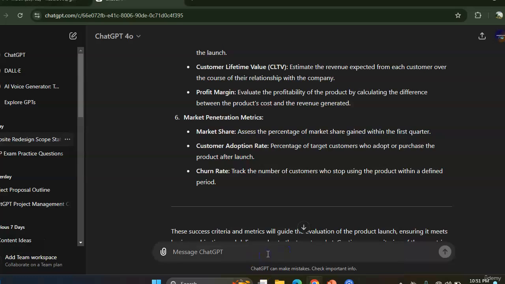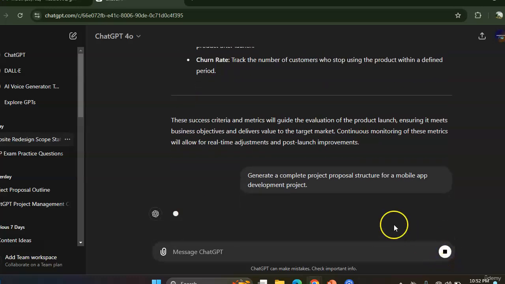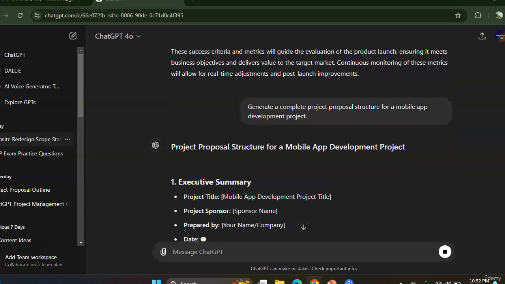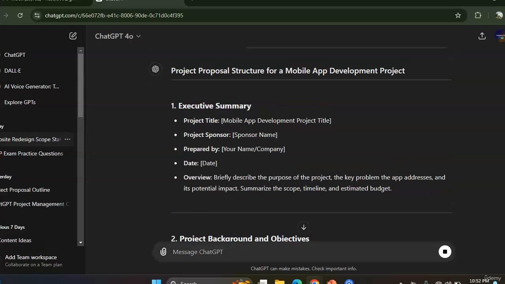So I am giving the prompt here: generate a complete project proposal structure for a mobile app development project. So let's see what the outcome is. You see, yes, executive summary like project title, project sponsor, prepared by your name, date, overview,